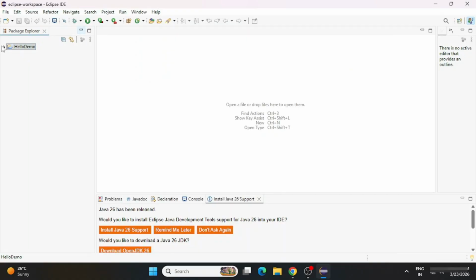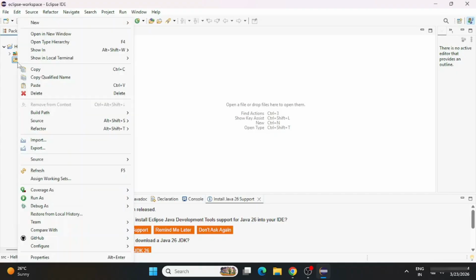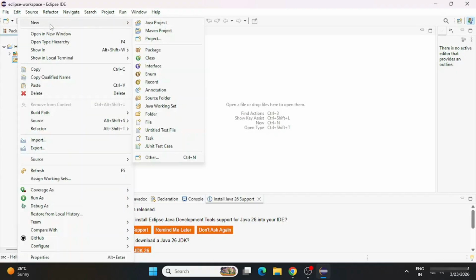This is the project hierarchy. We have the JRE, and inside that folder, HelloBanu, we have src, and that is blank. So we will be creating Java classes inside this src. To create a Java class, just select this src and right click it, select the new option over here, and under the new option, you have to select class.